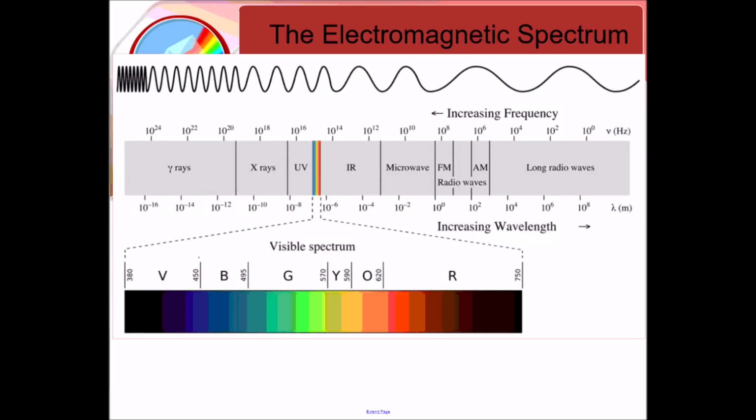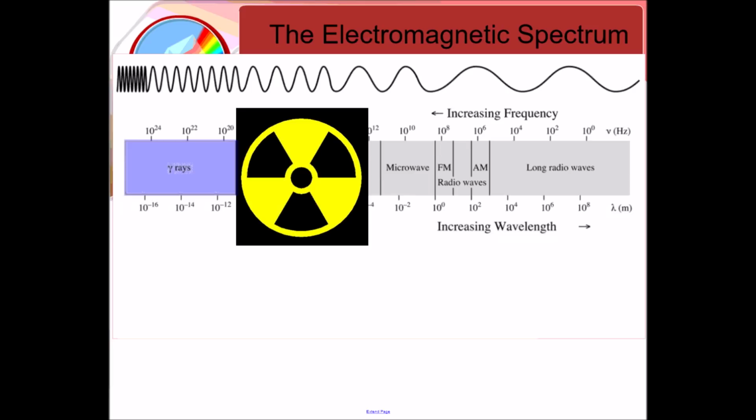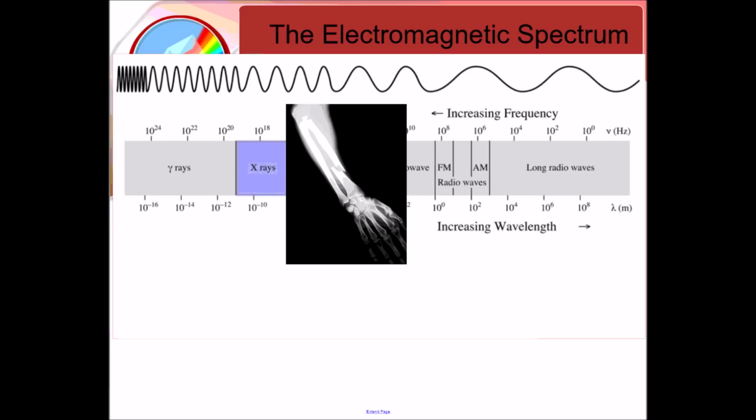Although we often think of light as the energy that enables us to see, visible light is a very small portion of what is called the electromagnetic spectrum. The electromagnetic spectrum, or EM spectrum, includes all of the characteristic wavelengths of electromagnetic radiation that are emitted by an object, molecule, or atom. The EM spectrum includes gamma rays, which are emitted during nuclear reactions, X-rays, which are used to detect broken bones,